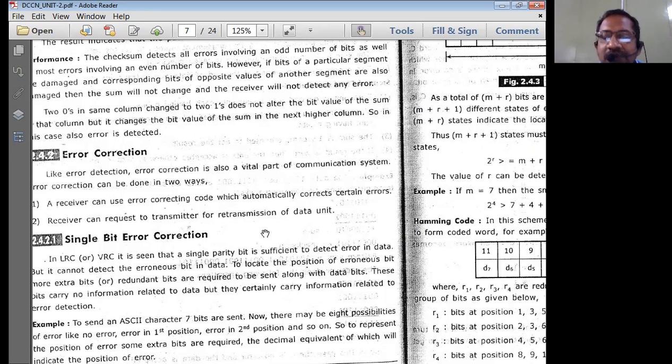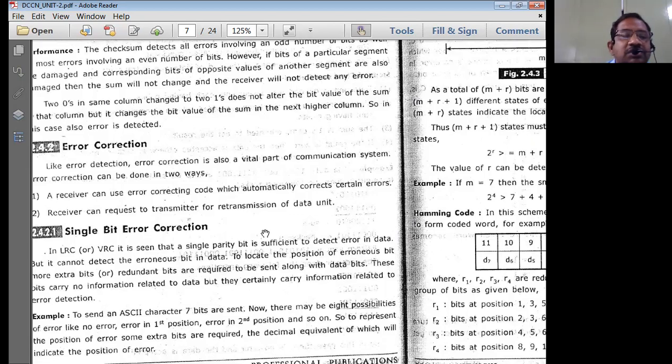In the earlier situation, the error detection case, whenever the receiver finds that the data is erroneous, it simply asks for retransmission. But here, it will first cross check for error correction. If a single bit of error is there in the received bits, the receiver itself is going to correct those errors. That is the little bit of benefit at the receiver side. Okay, let us go ahead.